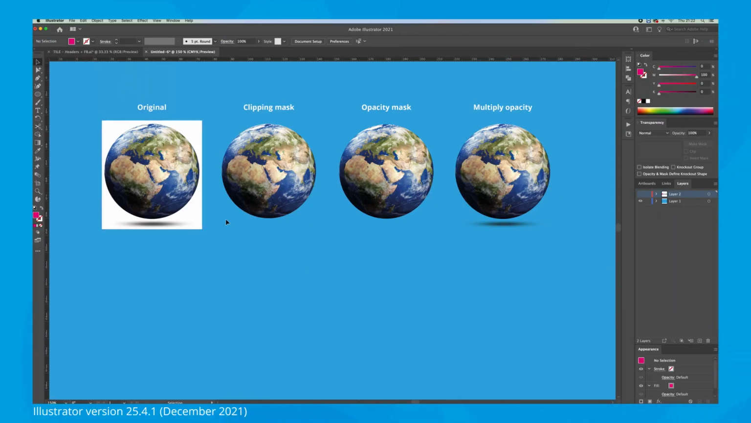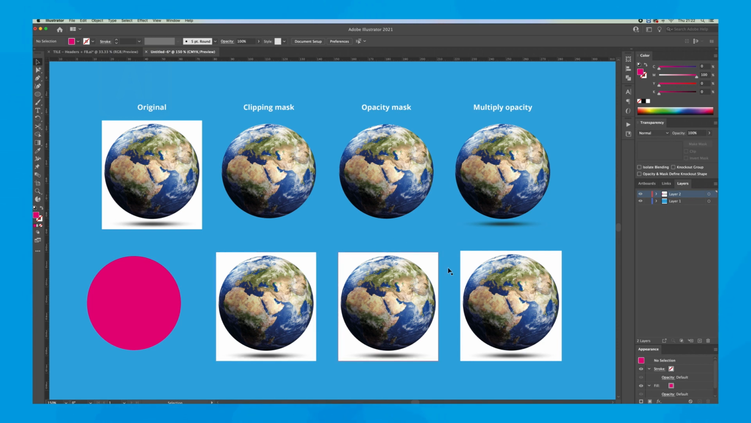I just want to show you 3 quick ways of getting rid of a white background in Illustrator. Now obviously I've got a pretty simple shape here, so I can just show you quickly. I'm going to just show this layer here, and I've got 3 planets that I need to get rid of